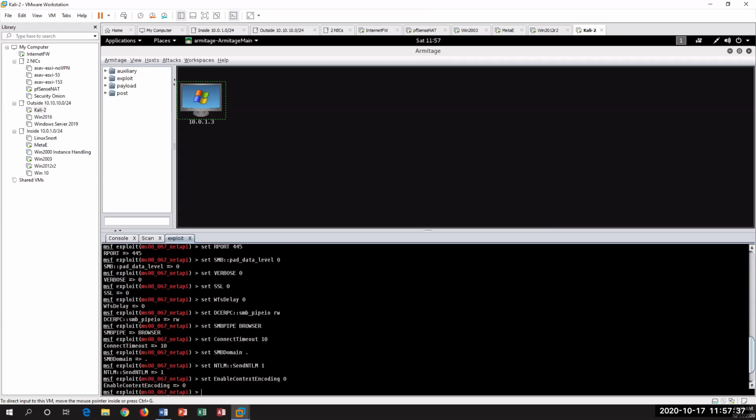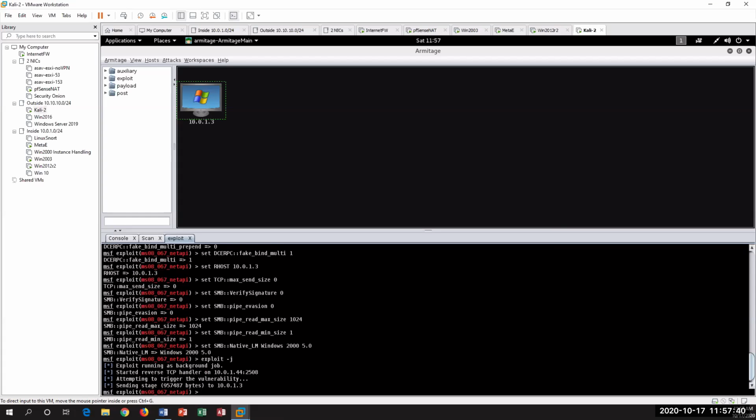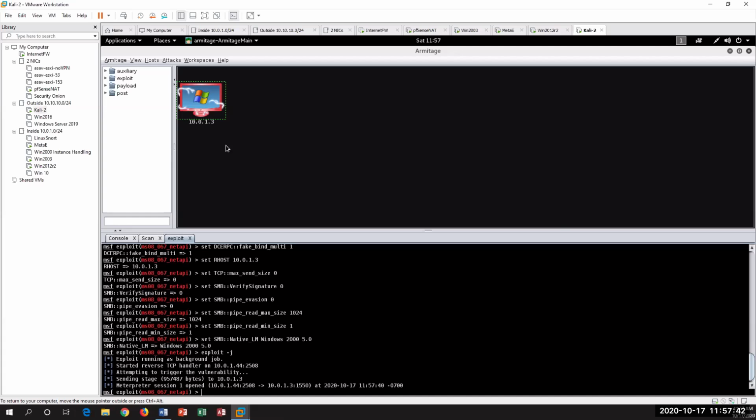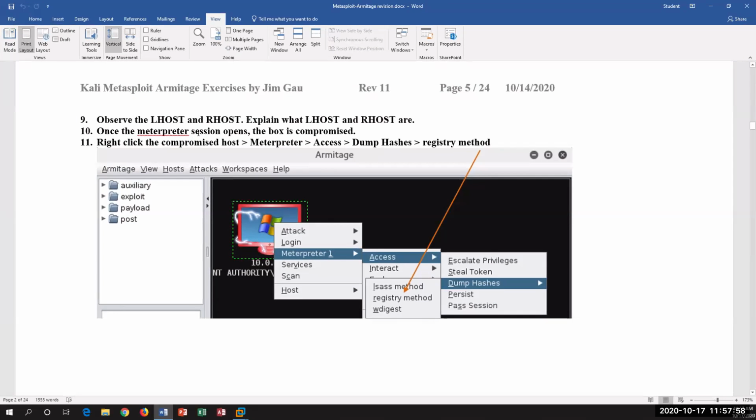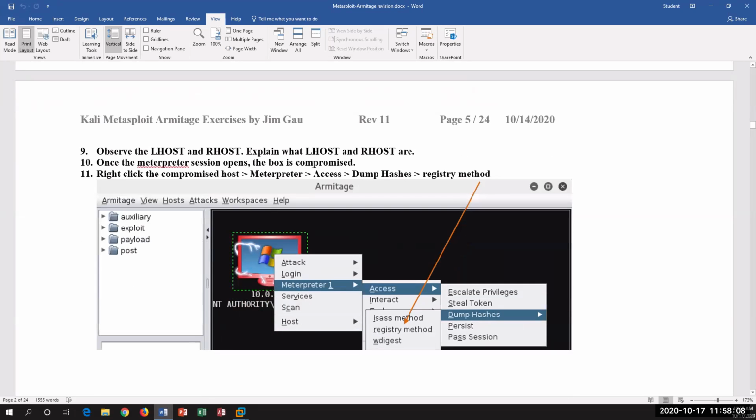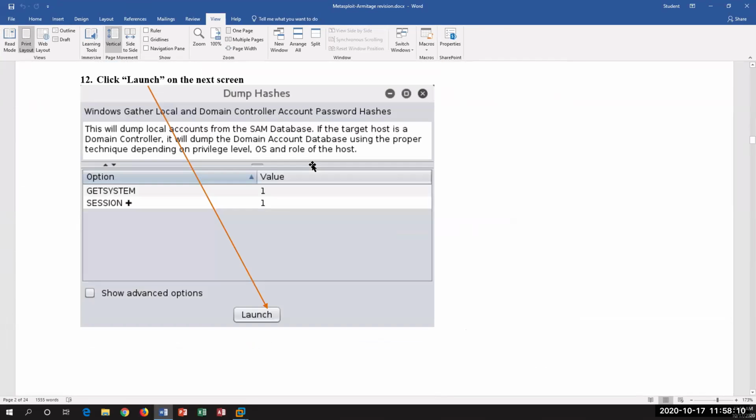Then after a while, you can see that, hey, you already got taken control of. So the system's already been compromised. One of the things you have to watch out for is here. There is an R host and an L host. Local host is your Kali, and R host is your victim. Okay, so make sure that in the R host,